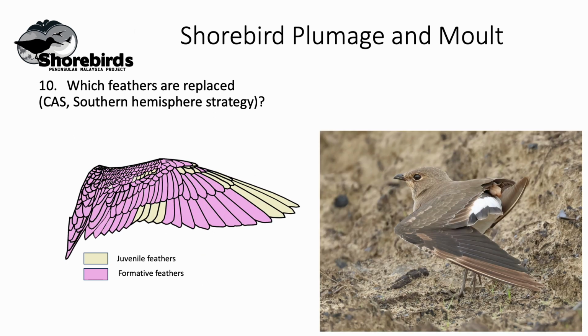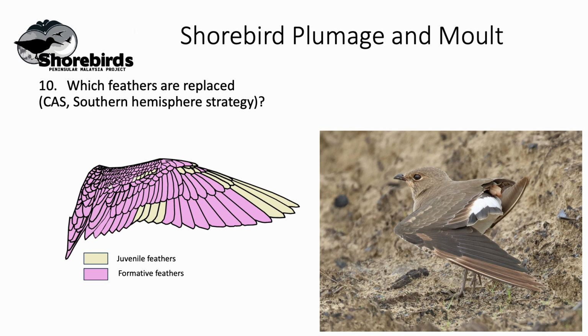Another example is this Oriental pratincole. Oriental pratincoles, as far as I know, are unique among shorebirds in Malaysia in that they undergo a complete preformative molt before they leave Malaysia after breeding. It's a very rapid molt. So this bird likely hatched in May. It was in full juvenile plumage,